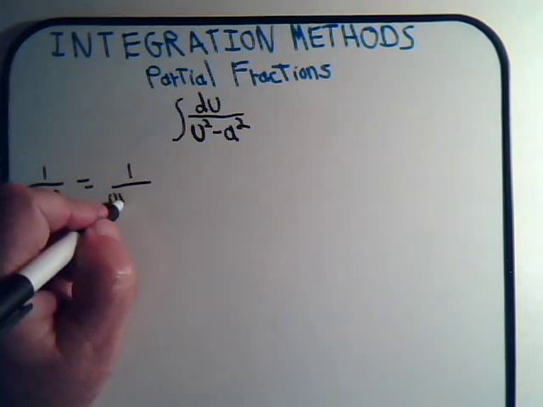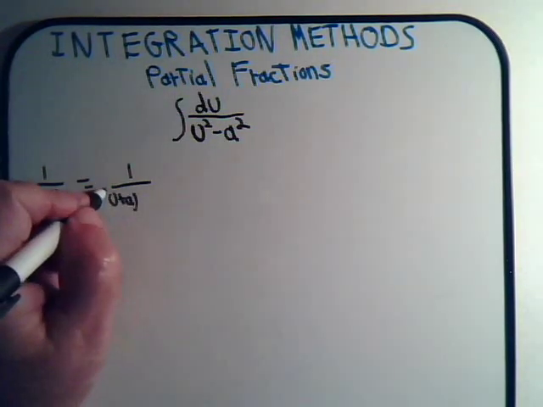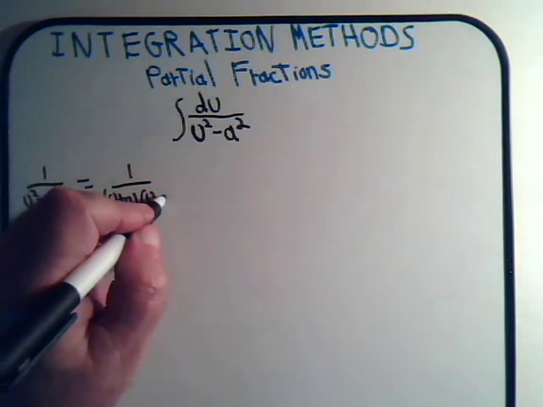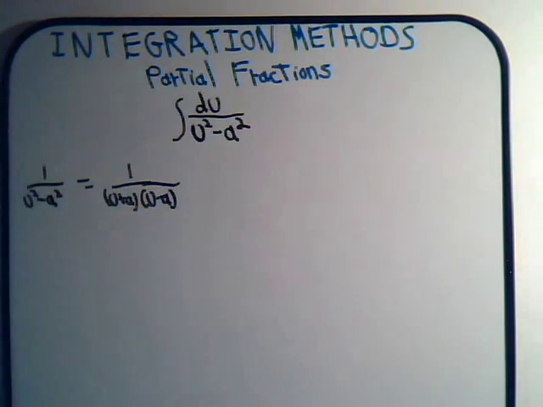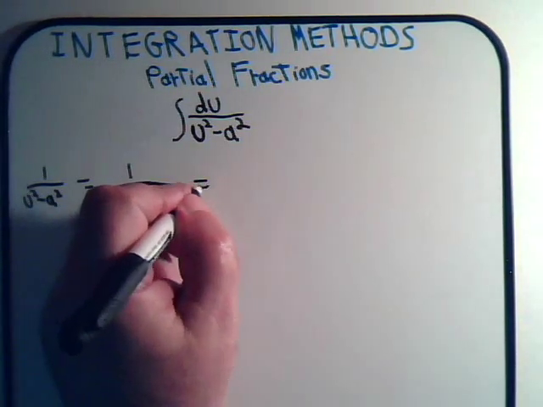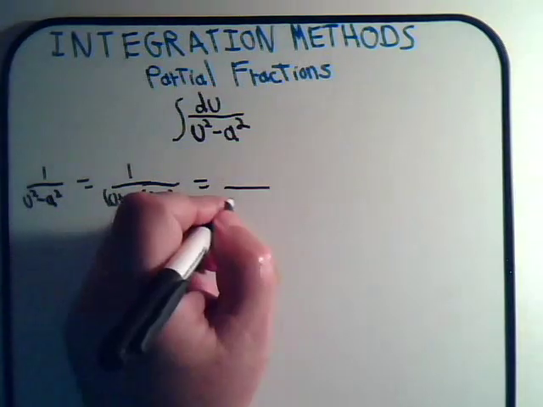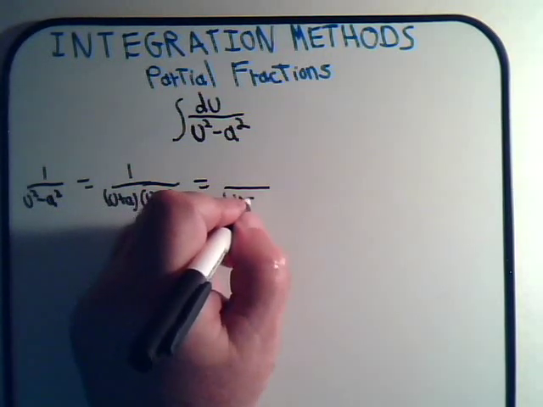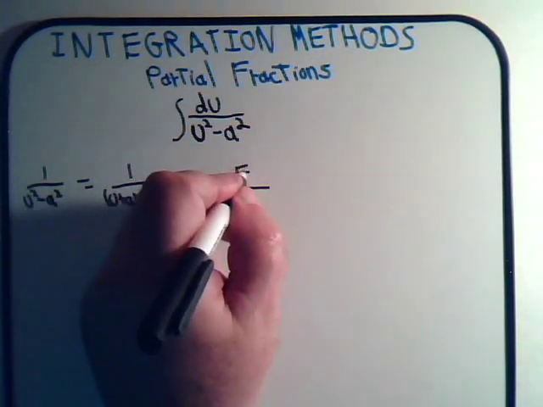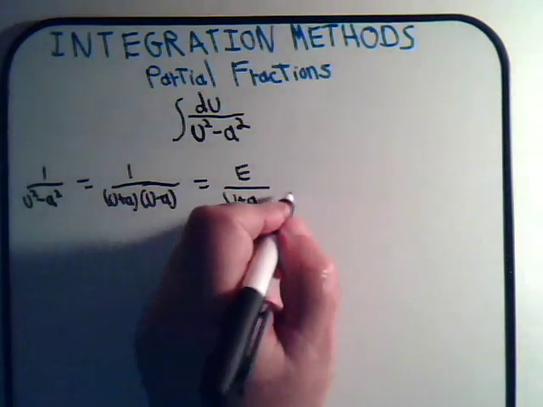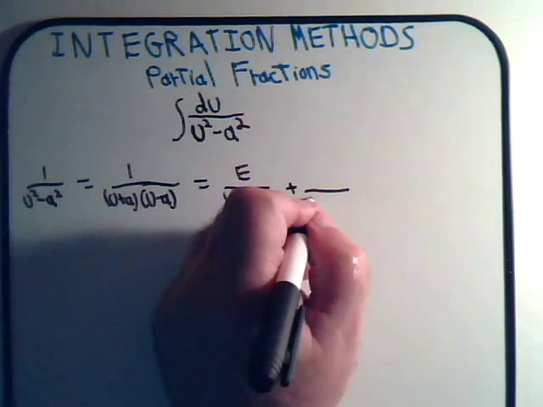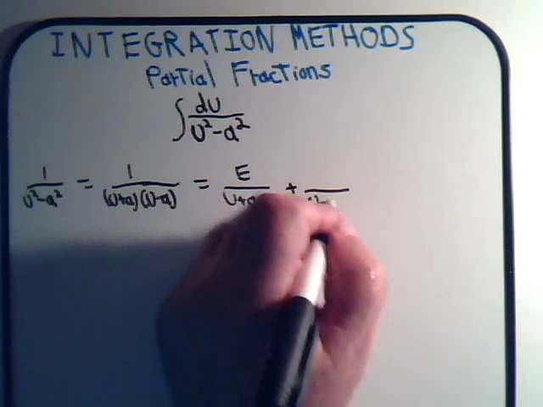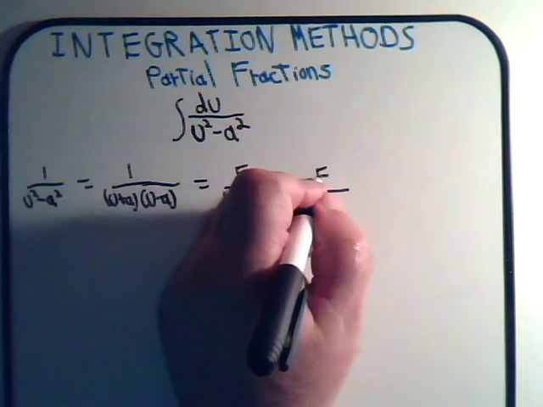We have u plus a times u minus a, and we have two linear terms to the first power, so this would just be some constant over u plus a, call that constant e, plus another constant over u minus a, we'll call that constant f,